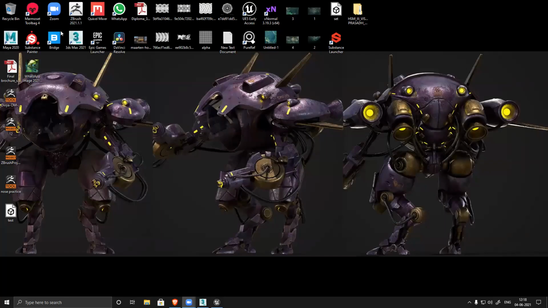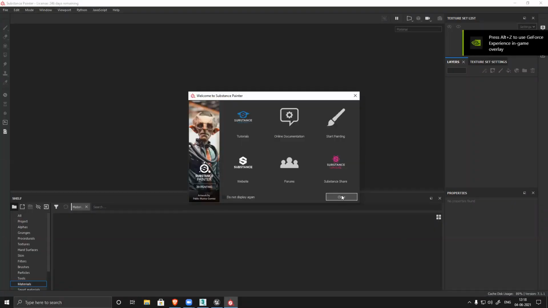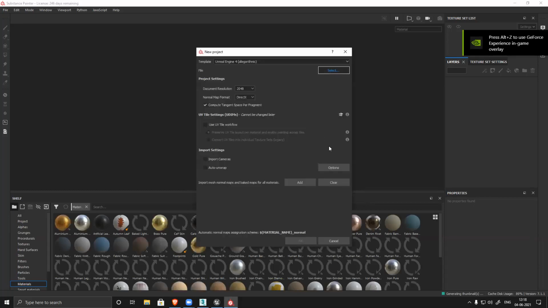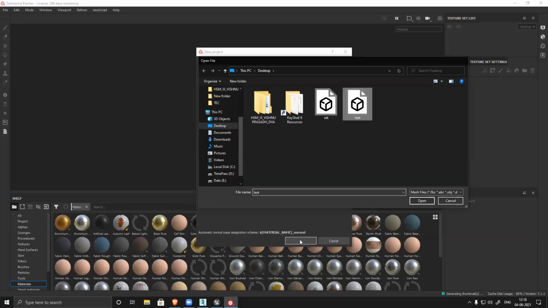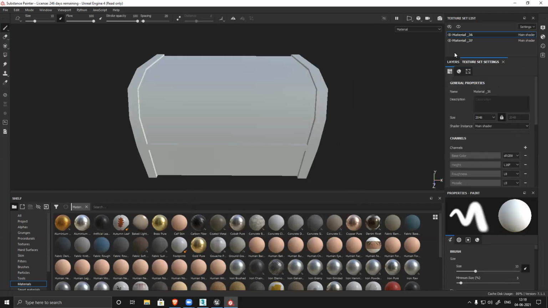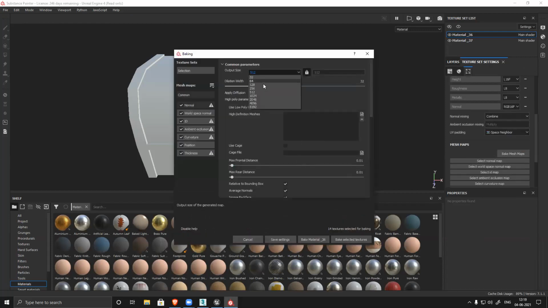Save. Now let's open Substance. So quickly I'll show how to create the texture. So I have two materials assigned. So in Substance also I'll get two sets of materials. UV is same. So the only thing is materials are different. This layer, delete this layer. The same technique that we do, bake everything.